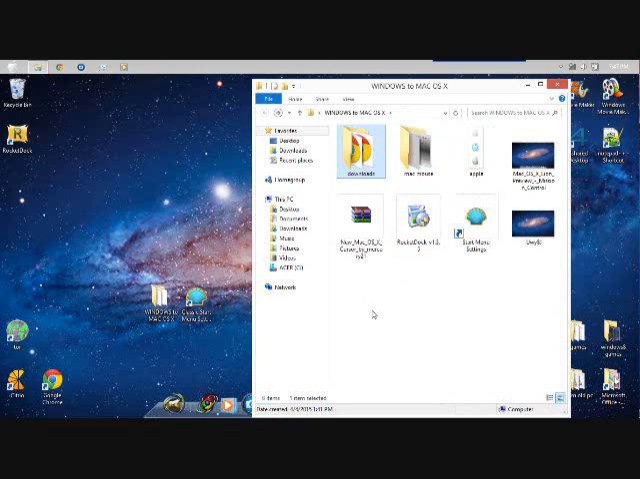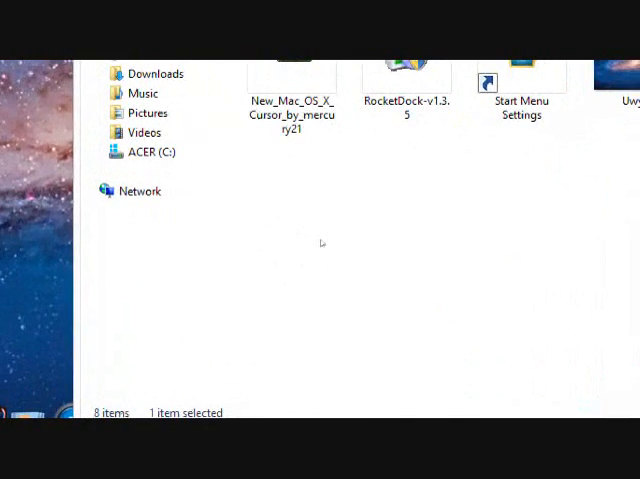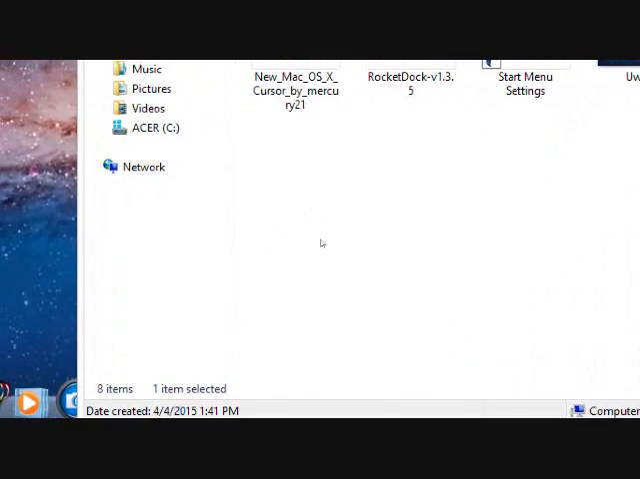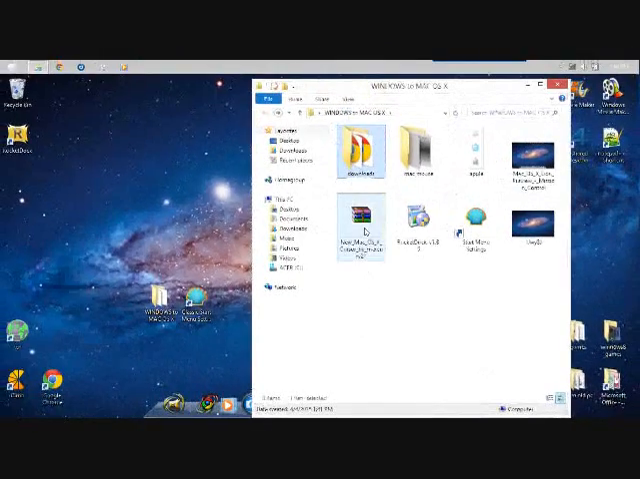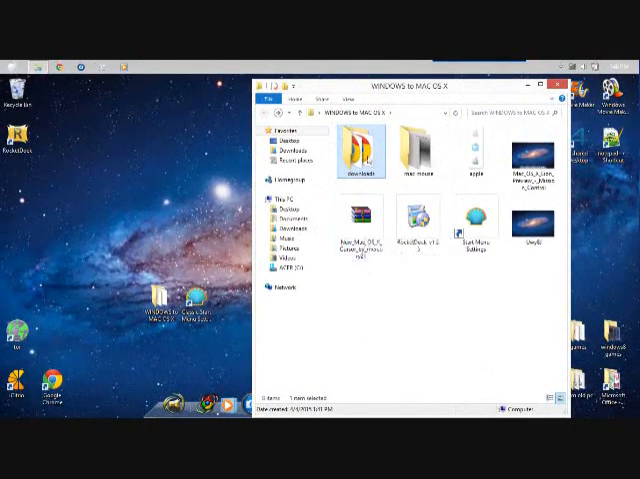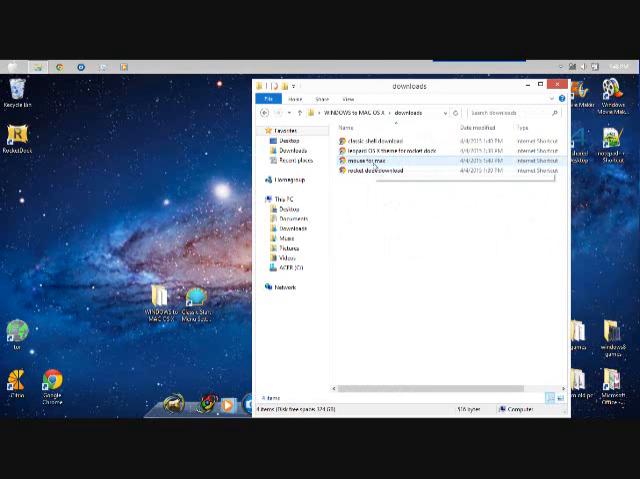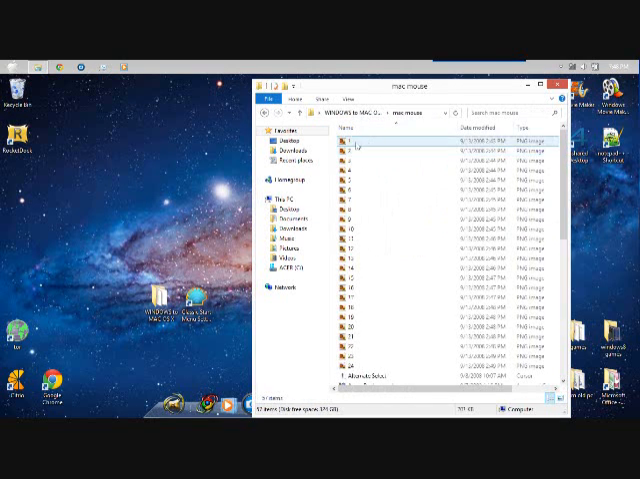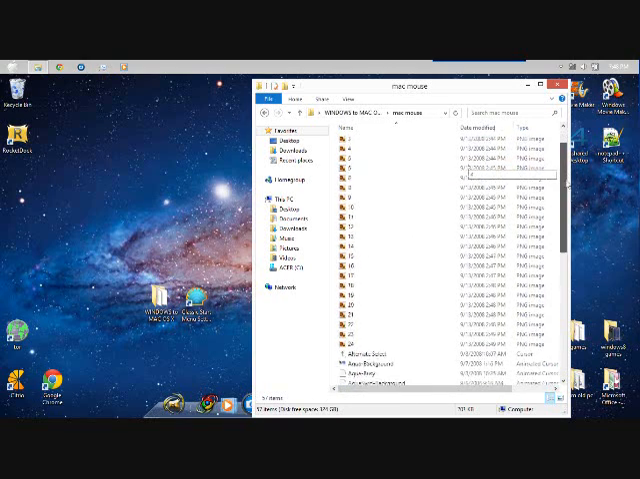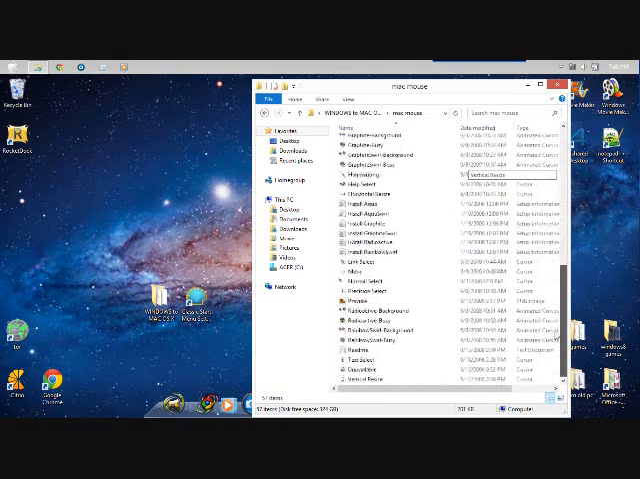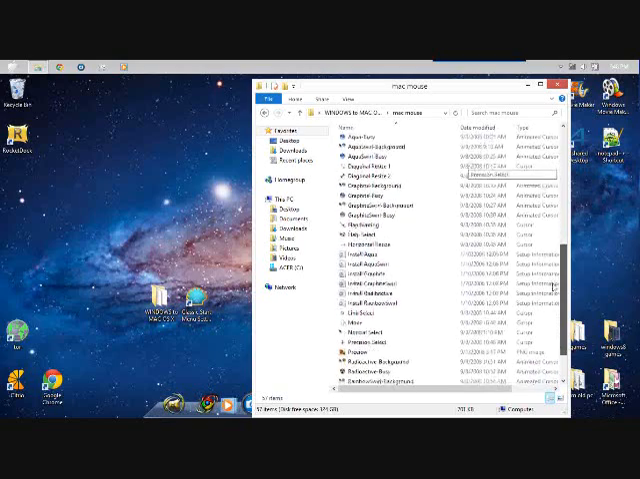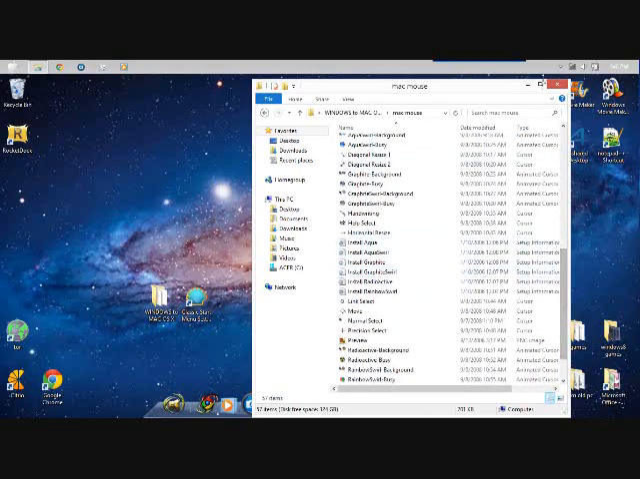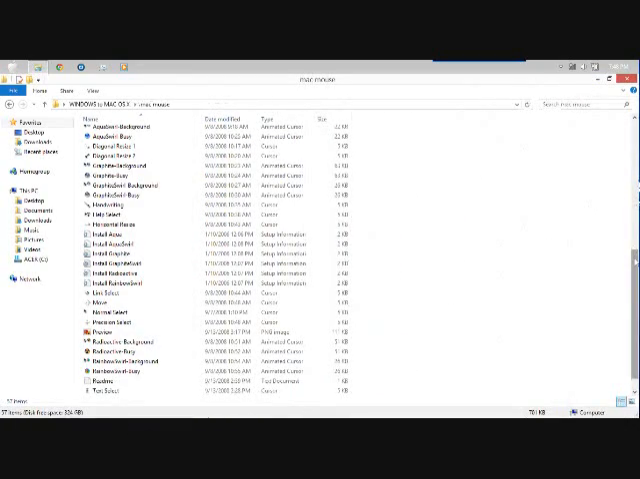Because if you can see my mouse right now, it is white. The Mac mouse is not white, it's black. So now you're just gonna want to install this from here, and then unzip it or unpack it or whatever you use to do that, and then it will be this. Now you probably don't know what to do with all this, so what you're going to want to do is